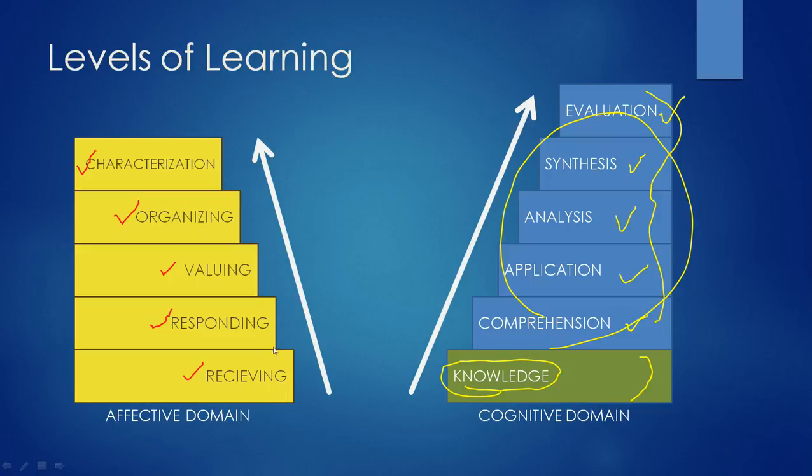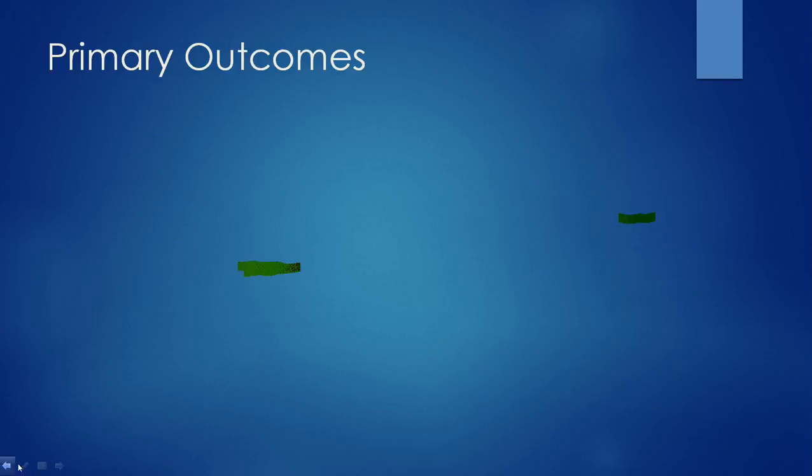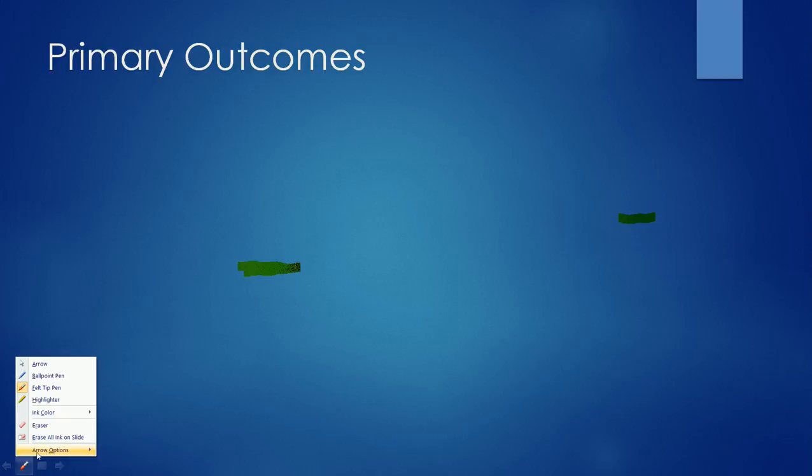By the way, when we're teaching, we're going to be teaching to some of these levels. So I want to teach at the level of application. I want to teach at the level of organizing, so my learners have to be able to organize that value into their life, or need to analyze the material that I'm teaching them, or maybe just know it, like, for instance, the order of the kings of Israel. So knowing these, we know exactly how to create those specific teaching aims.